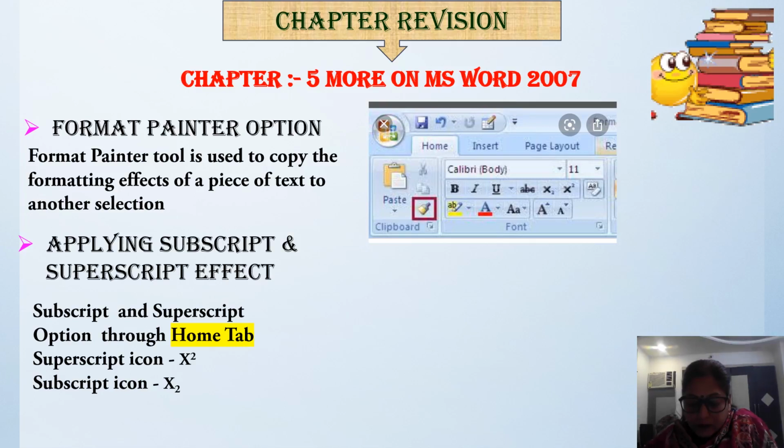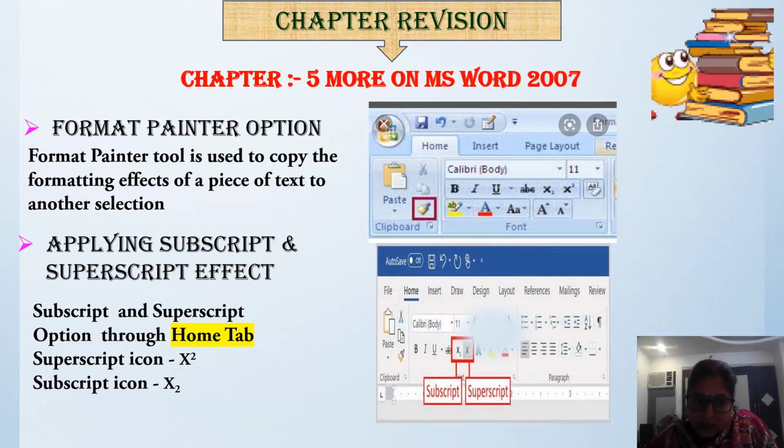And the superscript option places the selected text slightly above the line of normal printed text. You can see the example here, right? And the subscript and superscript option is available in the Home tab. Okay.